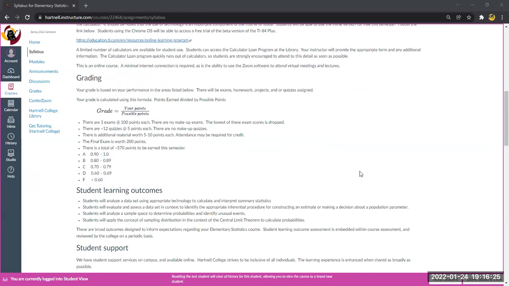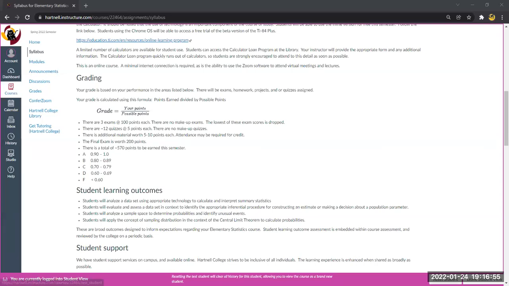I take the points that you earn and I divide it by the points you could have earned if you had been quote unquote perfect. So it's a simple fraction. One of the nice things about Canvas is you can always tell what your grade is. Once we start submitting things and they get graded, you'll be able to check your grade on a daily, hourly, or even minute by minute basis, I suppose, using the grade key over there on the left.